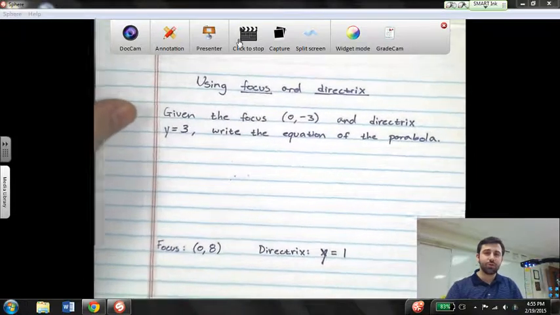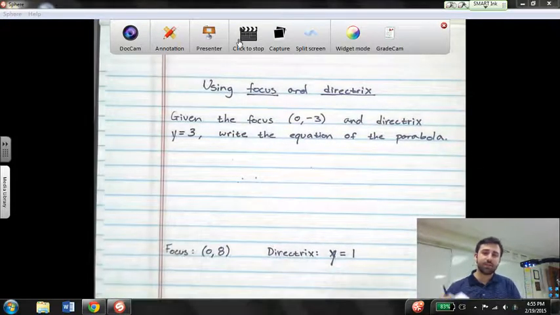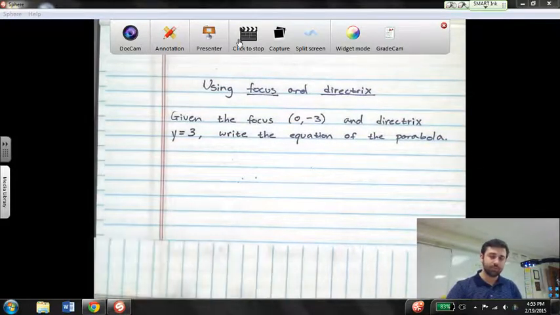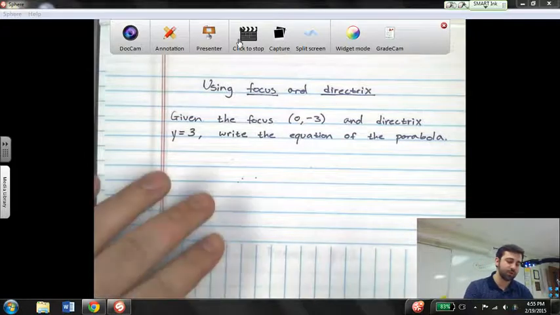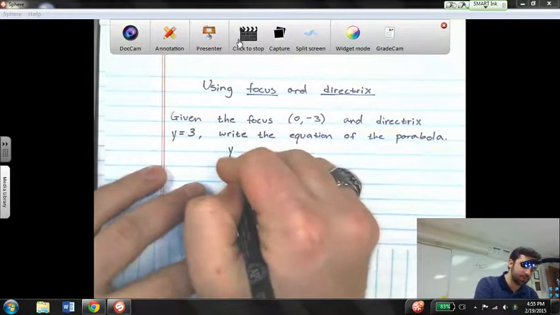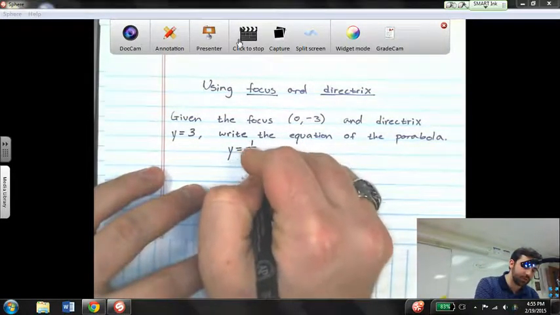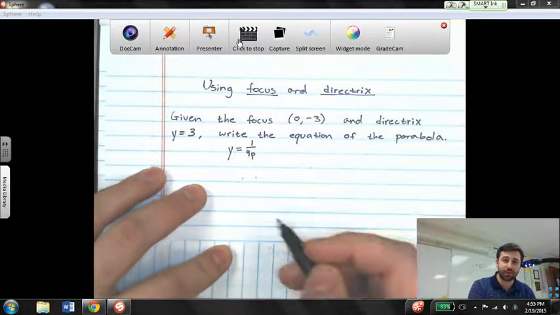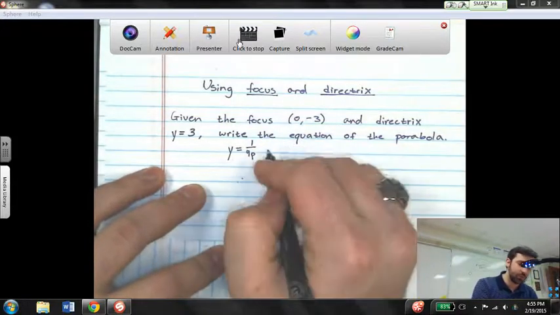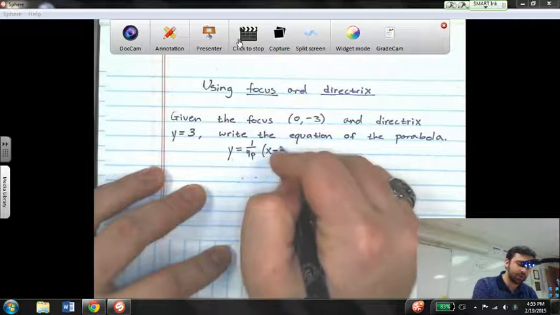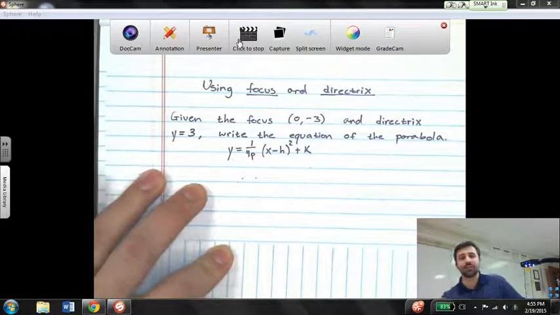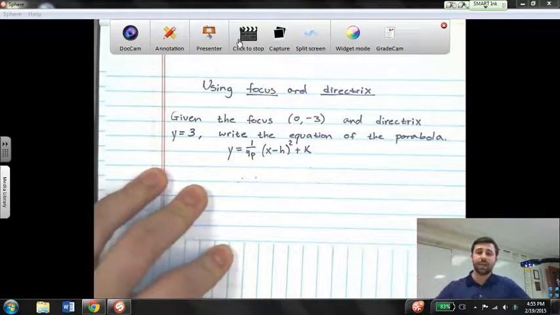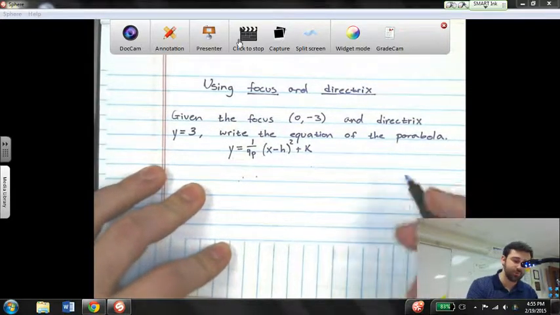Using the focus and directrix, given the focus 0, negative 3, and the directrix y equals 3, write the equation of the parabola. First off, we want to make sure we know the general form we're using for focus and directrix, which was on the previous page: y equals 1 over 4p times x minus h squared plus k. The goal here is to find the variables p, h, and k and sub them into this general form. So what I would do